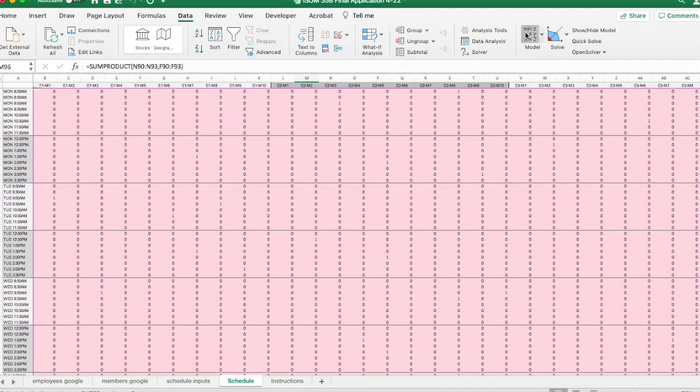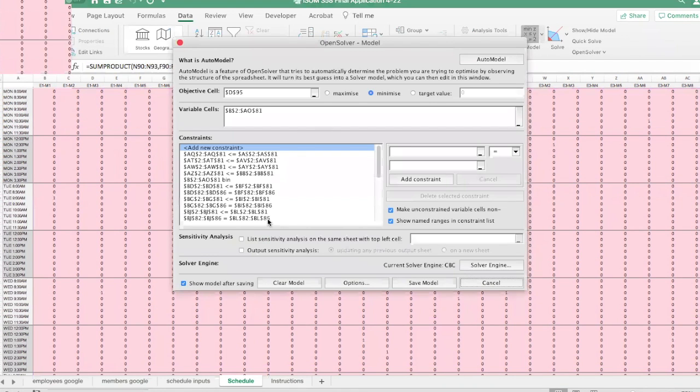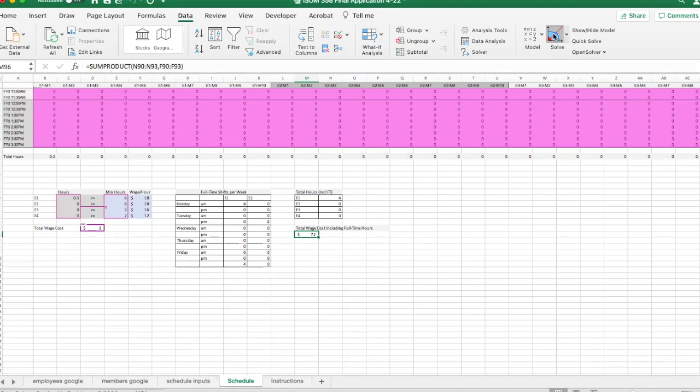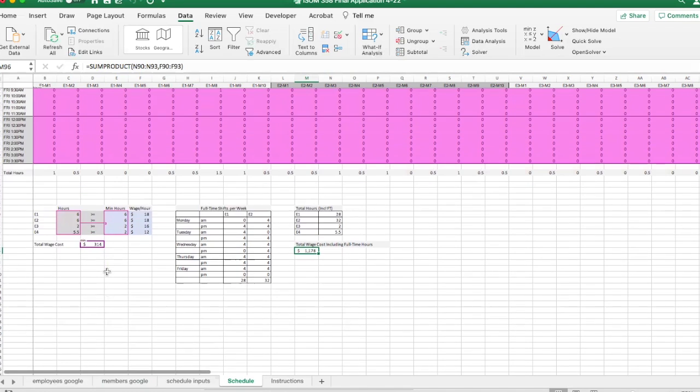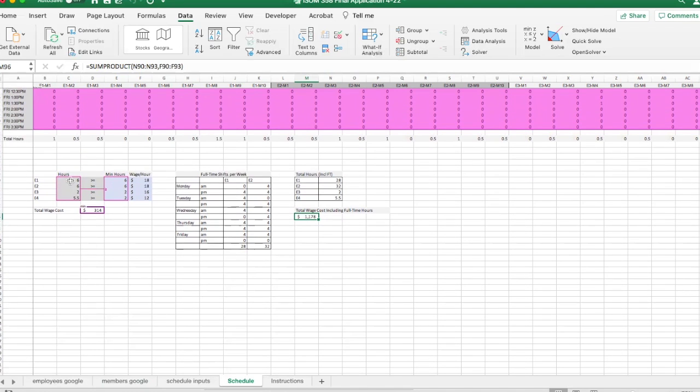So now all you need to do is double check the OpenSolver model. OpenSolver now walks through all of the decision variables to determine where a 1 should mark for a member call. This will output a total number of hours, as well as total wage cost, and then a total wage cost including full-time hours. Now you can see that OpenSolver has finished running the model and has come up with 6